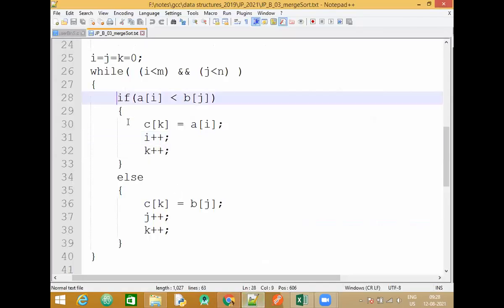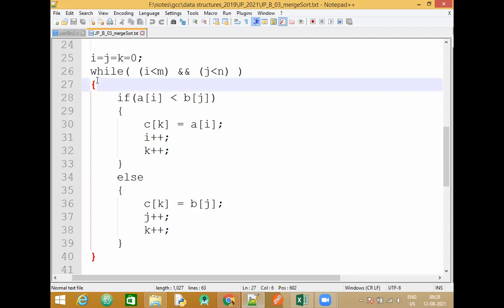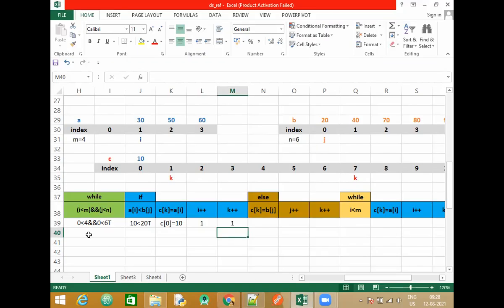We are done with the execution of this. I am sure we do not require the else part. We are still in the while loop. Let us once again check this condition. Now, tell me the value of I. 1. 1 is less than 4 and j? What about j? 0.